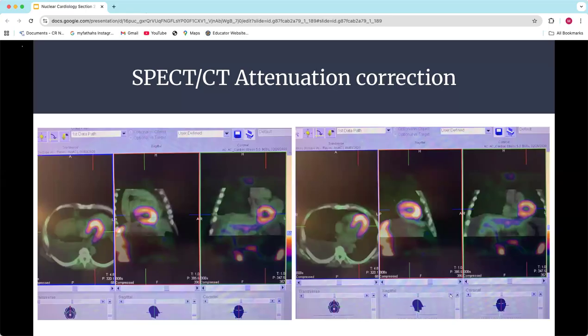Usually on your software, you're going to have somewhere where you can line up the CT scan with the perfusion scan. And it's super important to not only have a good CT scan, but to get them lined up correctly. If you shift the perfusion off of the CT, then it won't attenuate correctly, and it can subtract counts out, and it can cause what looks like defects that are not actually defects. So this is what our software looks like on our camera for lining these up. And these controls allow you to move it and get it lined up in a perfect position.